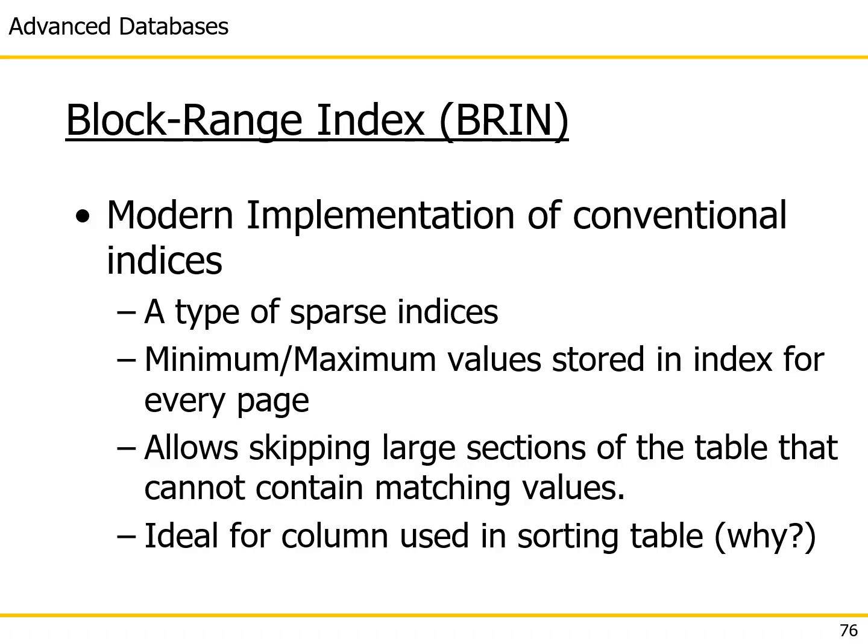Now, this is called a block range index. So I want you to remember that it is really very useful when it comes to working with ranges. Generally, a BRIN index is nothing but a sparse index, but a different sparse index than what we have seen before. But it's a type of a sparse index. What's unique about it, what's different about it, is that even though it's a sparse index, we're not going to maintain a single value, we're going to maintain ranges of values. Which range are we referring to? We're going to store the smallest value and the largest value that appears in every